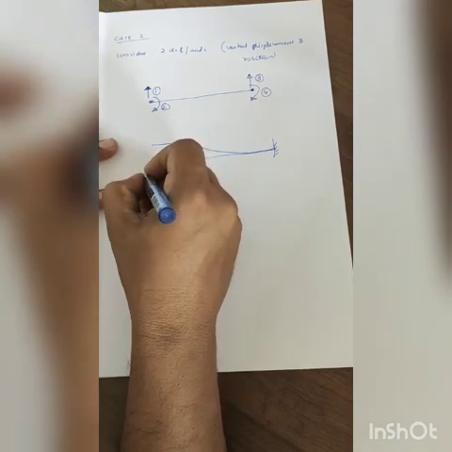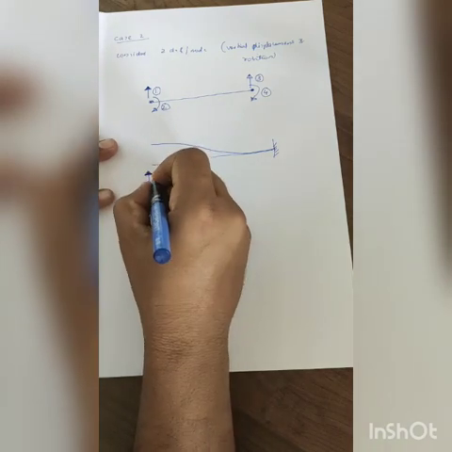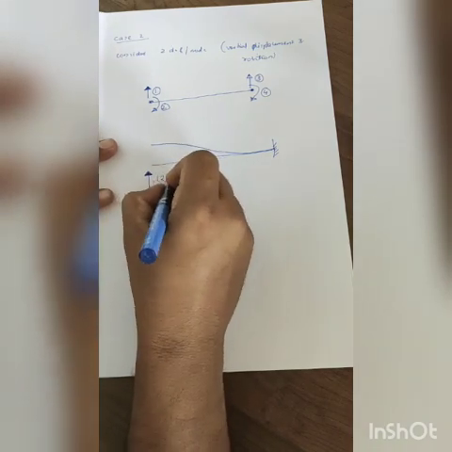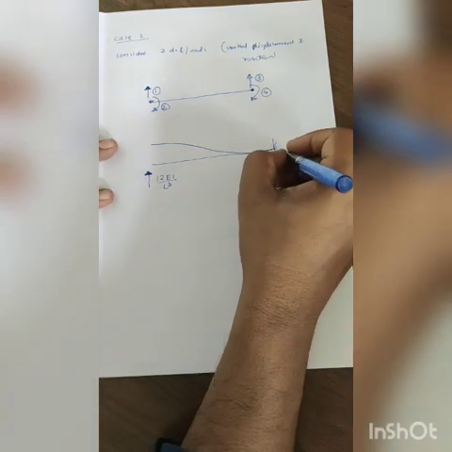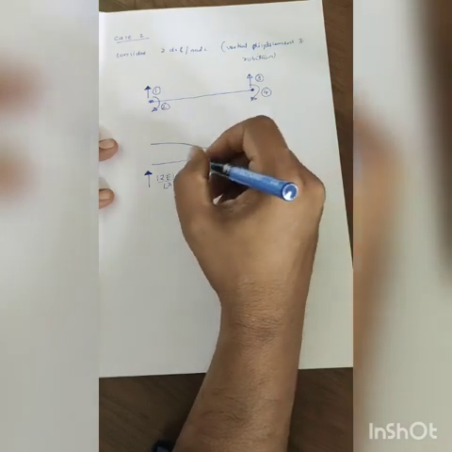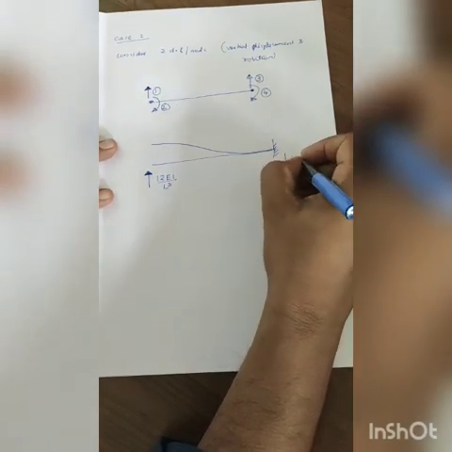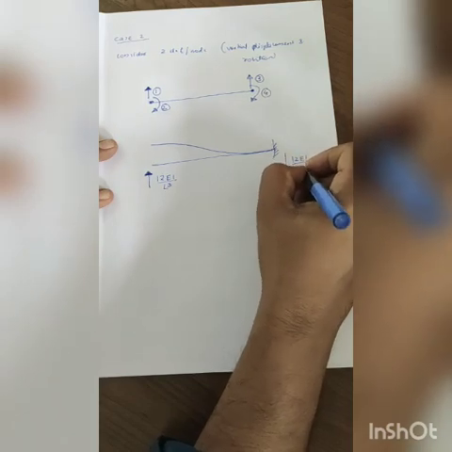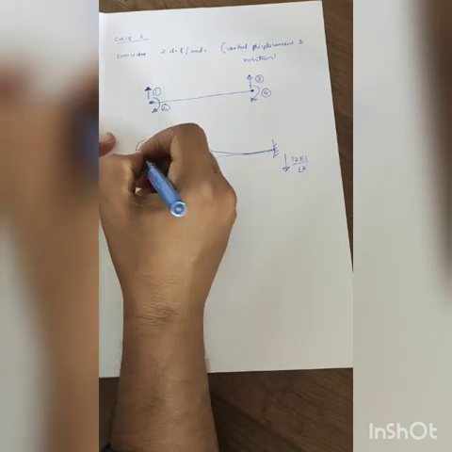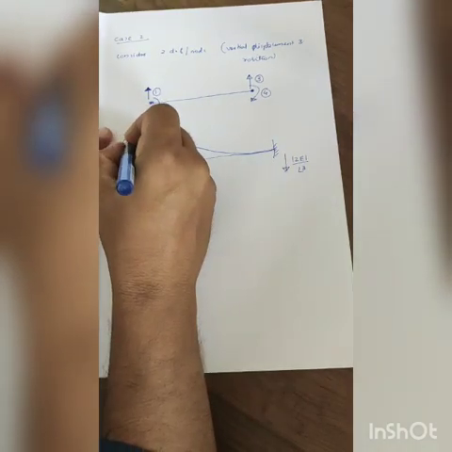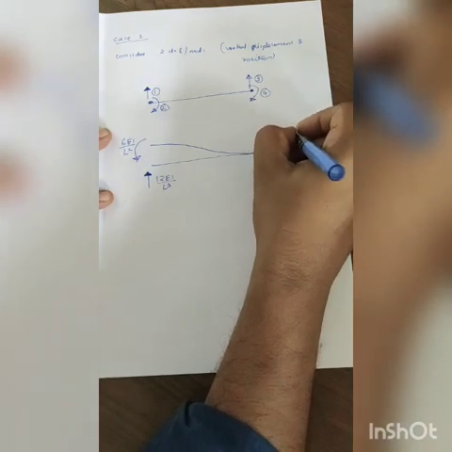So then only your stiffness will be banded. The magnitude of the force I have already discussed: it is 12EI/L cube. The reaction at the right end will be opposite to the reaction at the left support, so it will be downward 12EI/L cube. This is going to make a clockwise moment, so the moment here will be anti-clockwise, and the magnitude will be 6EI/L square. And here also it will be anti-clockwise 6EI/L square.